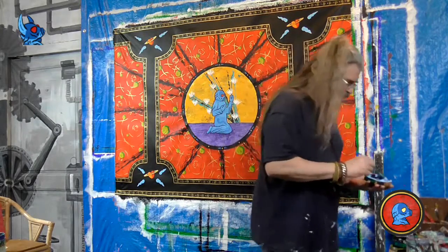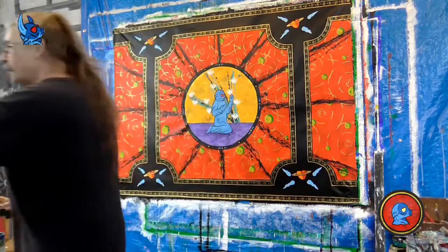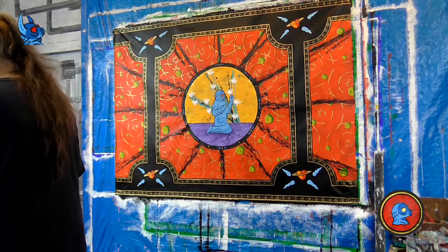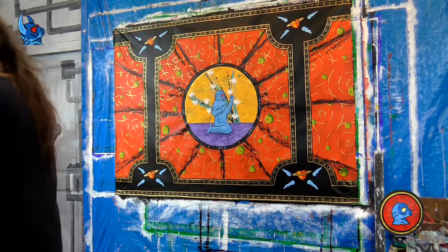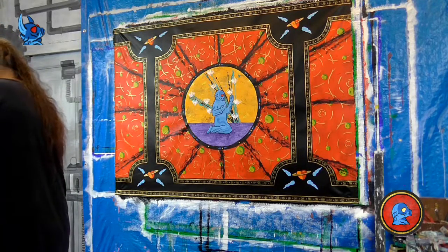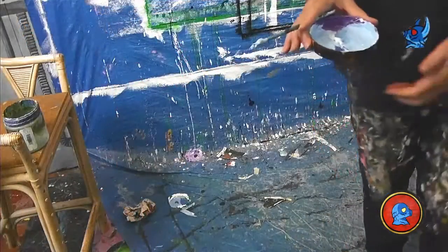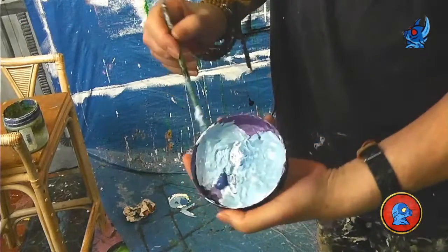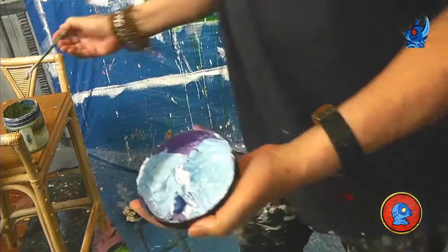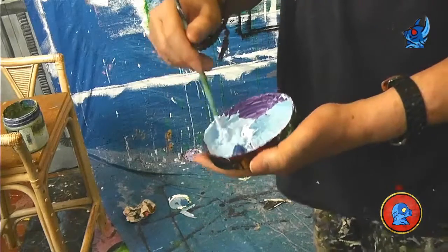So, I'm just going to work on this. I will switch cameras and we can work these colors together. Oops, there we go. Let me just get this down here a little bit. And I'll switch cameras now. Go to my camera number 1. And here's the blue that we're working on right now. I will add a little bit of water to it, just because we want to get that nice soft